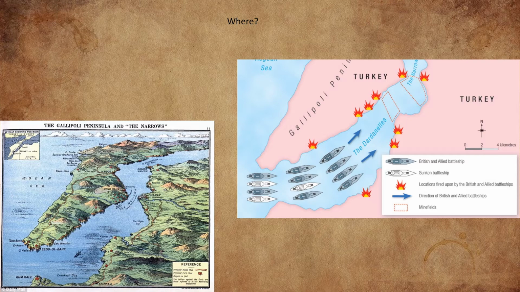And on the right, it shows the initial plan and goal of the battle, which was to send the Allied ships through the Dardanelles, up the Narrows, and take out all the forts and fortifications on the coast, which were trying to stop, obviously, the naval forces from reaching Istanbul, which would be the capital of the Ottoman Empire. And once they reached Istanbul, it would threaten Istanbul and basically take Turkey out of the war, because they'd have to take their forces out to defend their capital to stop their country from being taken over by the Allied forces.